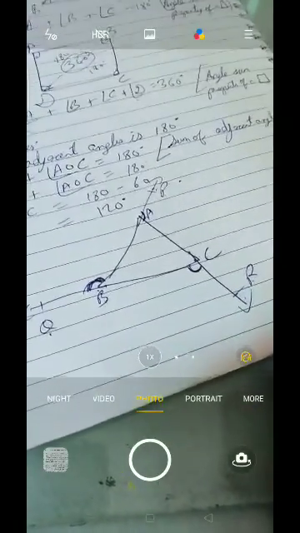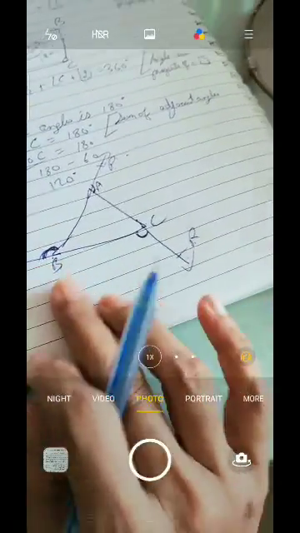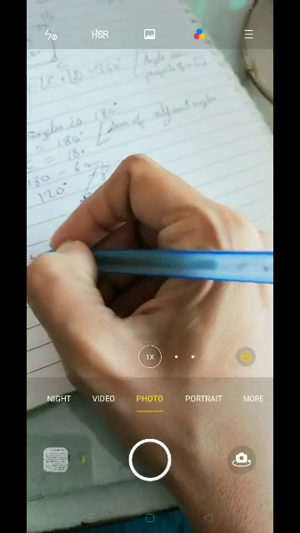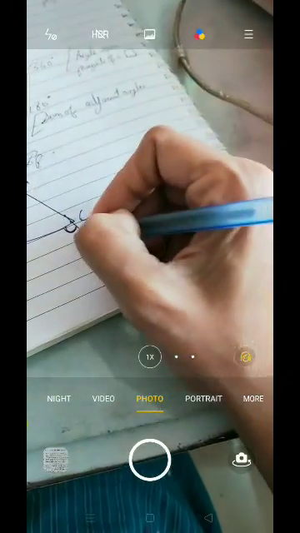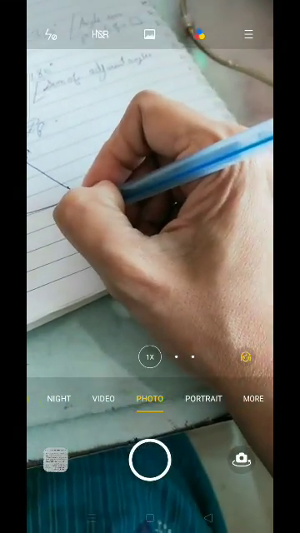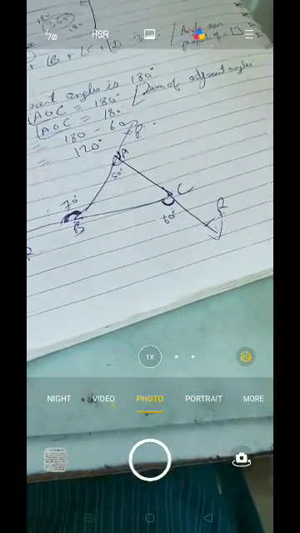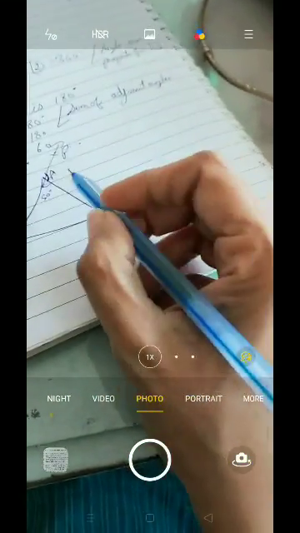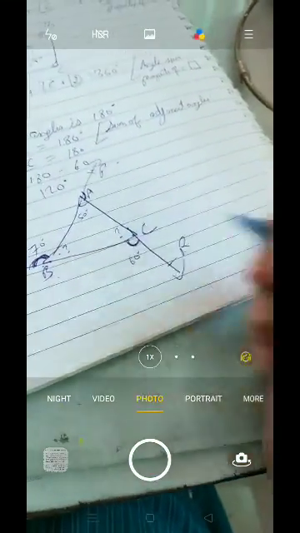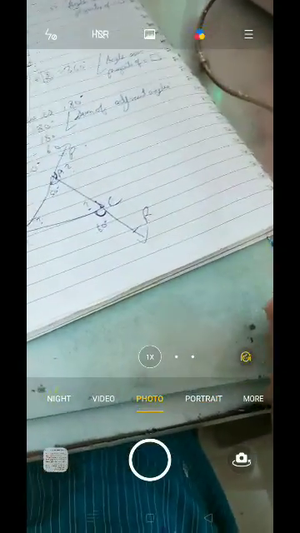Now how to find values if not given? Look, for example, in the same figure, say I knew one exterior angle was 70 degrees, one interior angle is given as 50 degrees, and say over here this exterior angle was also given to me, 60 degrees. Find all the other angles. Find the interior angle ABC. Find the interior angle ACB. This is to be found out. This is to be found out. Even I want to find out the exterior angle. This. How to do it, kids?